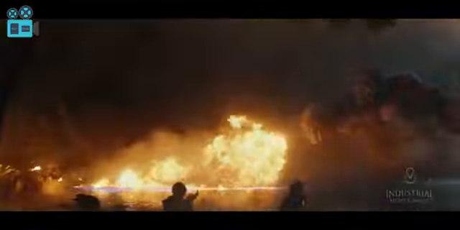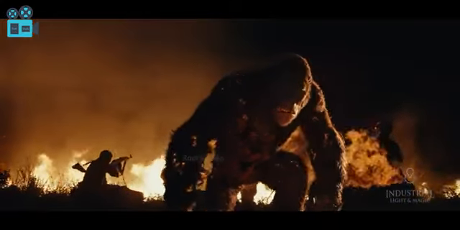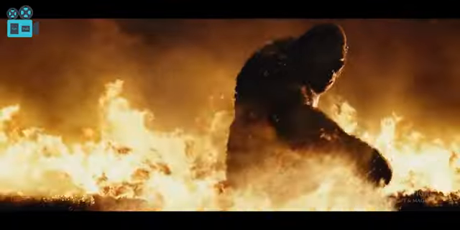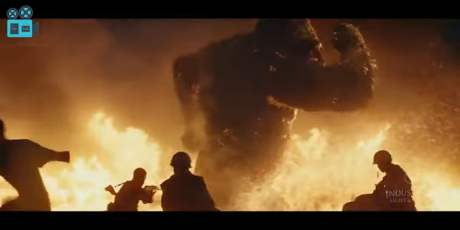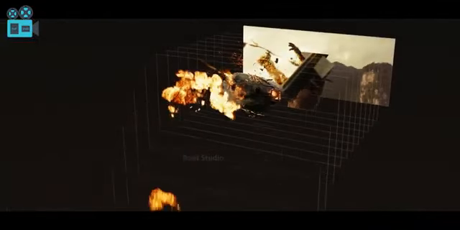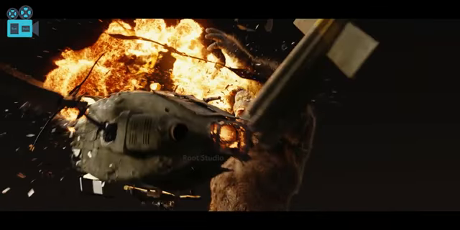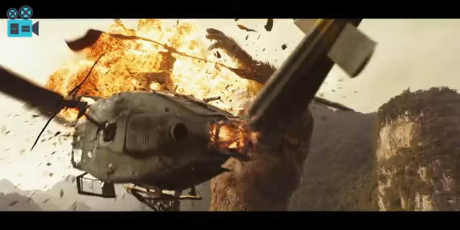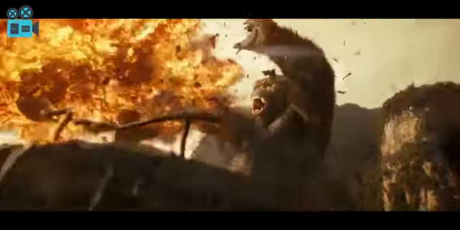To ensure that Kong's fury felt raw and unrelenting, animators used a blend of motion capture and keyframe animation. His movements were carefully crafted to showcase his raw strength, smashing the helicopters with precise, powerful strikes. Smoke and fire effects were later composited to amplify the chaos. As for the actors, their reactions and expressions were filmed separately against a green screen. Their performances were then integrated into the CGI sequence, making it look as if they were genuinely caught in the